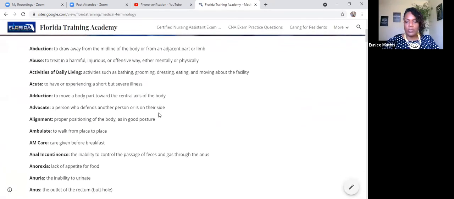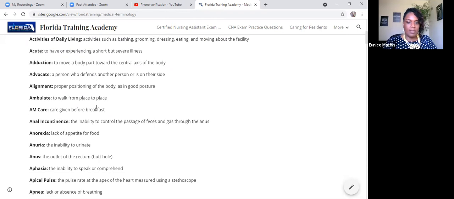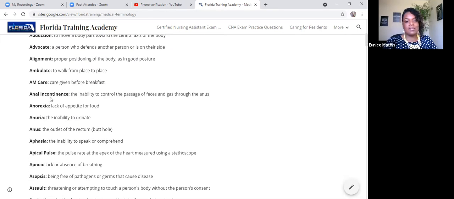Your examination really won't ask you for a definition. For example, it won't ask you what anal incontinence is, but there may be a question related to incontinence. And so incontinence is actually the opposite of retention. So if someone's retaining urine, they'll usually have bladder distension, or the lower part of their abdomen will be distended. If someone has anal retention, that means they're constipated. So you want to make sure you understand the terminology. So when someone is incontinent, they can't control the passage of their bowels or their bladder, so they may be